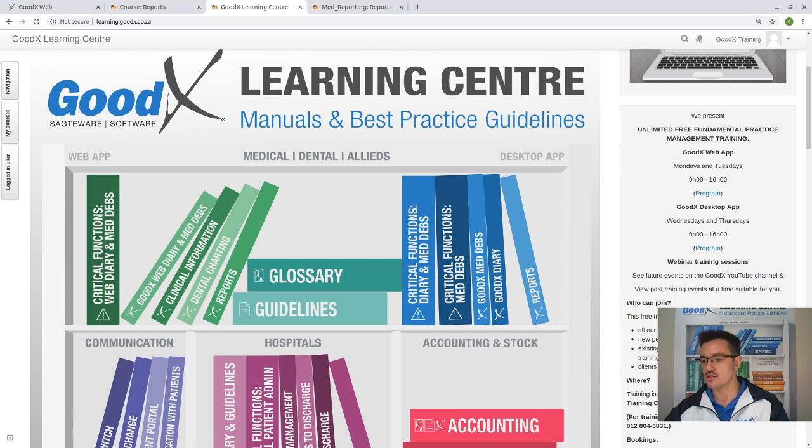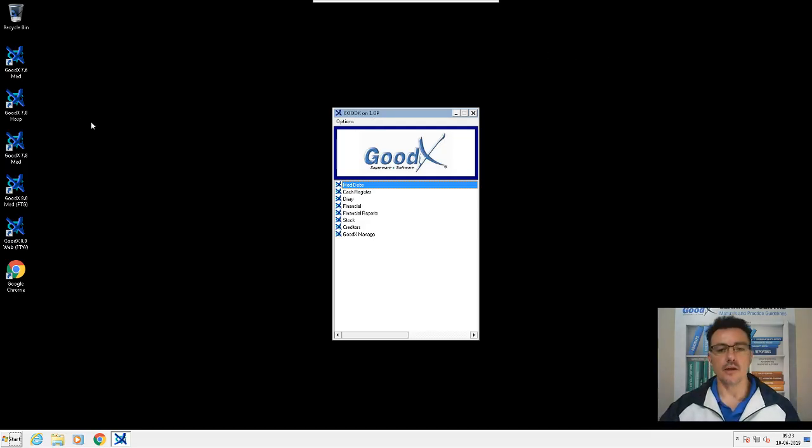I just quickly want to load it up here. There we go. Okay, so you will have your cloud connection, as we call it, your RDP, to have access to your desktop app. So here you need to log on to GoodX with your username and password, and also remember, access control will give you the right to go to certain modules to access certain functions, and also for